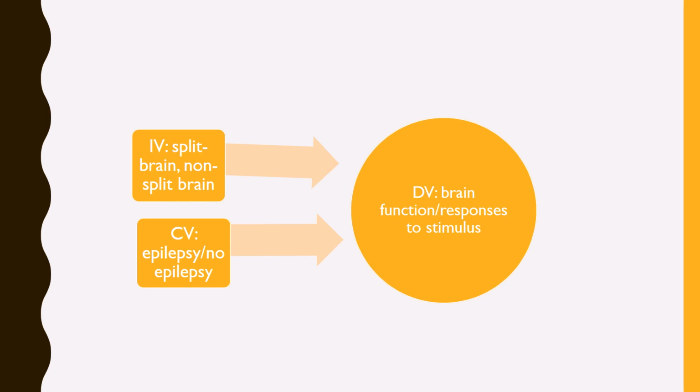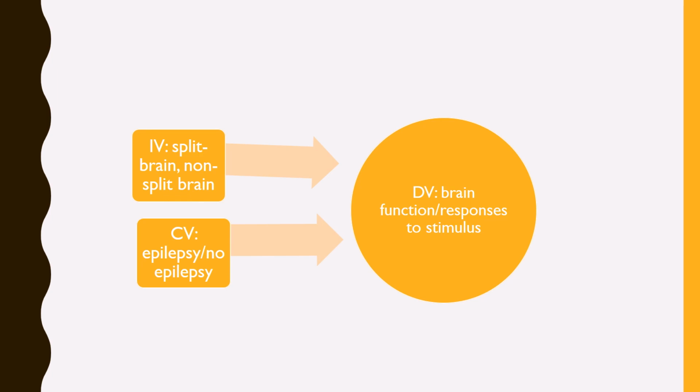And so there is this one here. The IV is split brain or non-split brain in Sperry's research, and that's looking at brain functioning, the response to stimulus, lateralisation. But there is also an alternative IV, another IV that has two conditions: epilepsy, which is in the split brain, and not having epilepsy, which is in the non-split brain. And that cannot be controlled for because we cannot randomly allocate. We can't take those 11 people or 22 people and randomly put them into, right, you're split brain, you're not split brain,